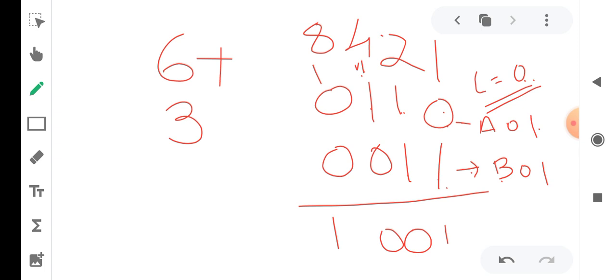Next case changes, carry becomes 1. 1 plus 1 plus 1 is 0 with carry 1. So the carry 1 plus 0 plus 0 becomes 1. So this is how you do your addition with carry.